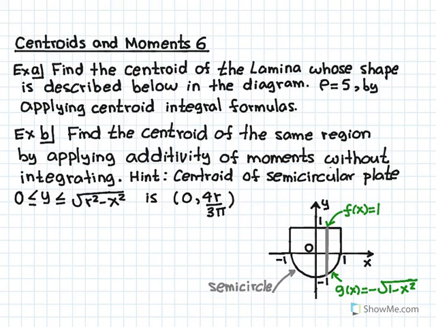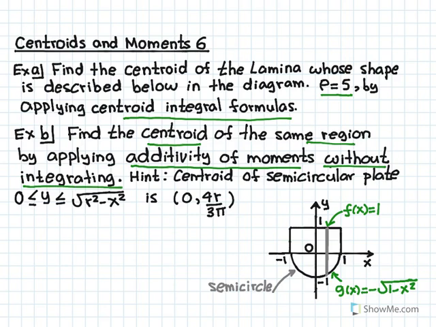In this video, we're going to look at another example of centroids and moments. The question here is to find the centroid of the lamina whose shape is described below in the diagram, density is equal to 5, by applying the centroid integral formulas. That's part A. Part B is to find the centroid of the same region by applying additivity of moments without